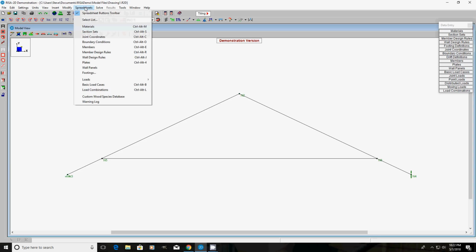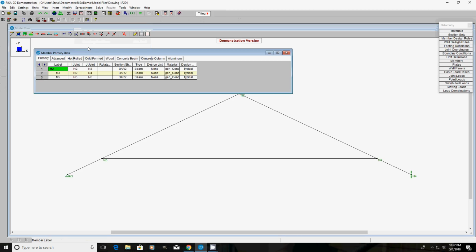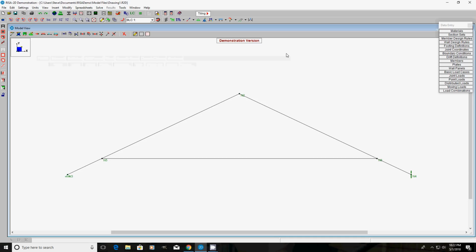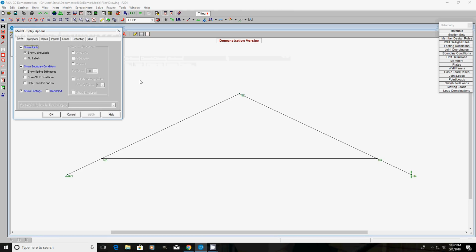So if I go back up to the spreadsheet, next thing I'll do is go down to members. Now, because I didn't assign any of the layers to section sets, I just brought the DXF file in. I was essentially just using it for geometry. So it's got the various members in. Let me do one more thing. If you hit the F2 key, and that's a very important key to learn. So I hit F2. That brings up a